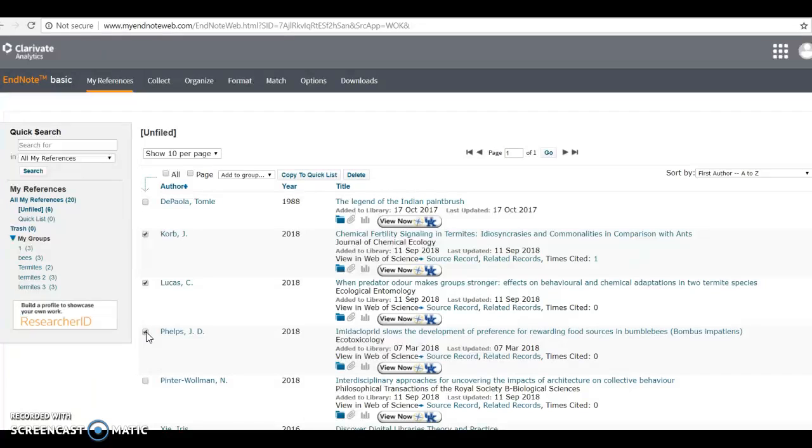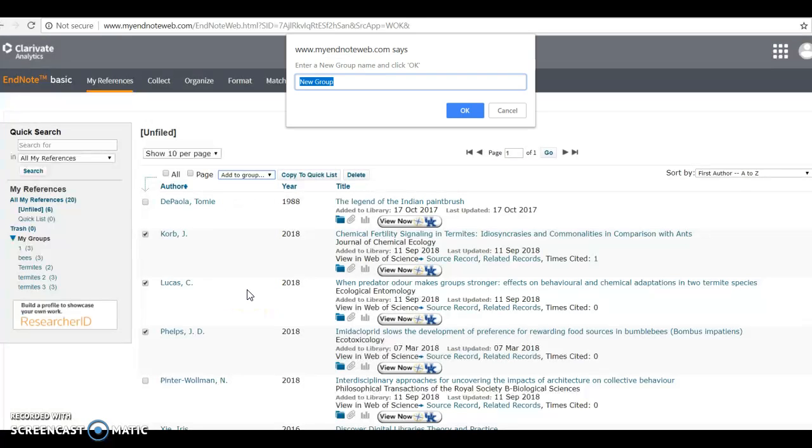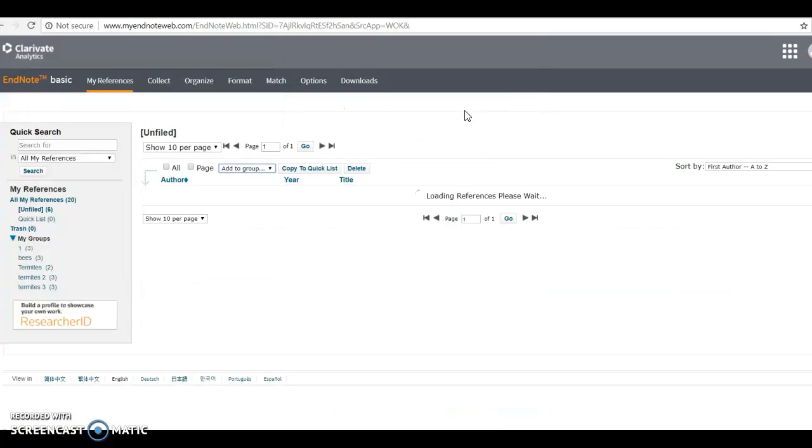So if we check those three here, and then click Add to Group, I can either add to a group I've already made, or I can click New Group and create a whole separate group. So we're going to name it Termites 4. And when I hit OK,